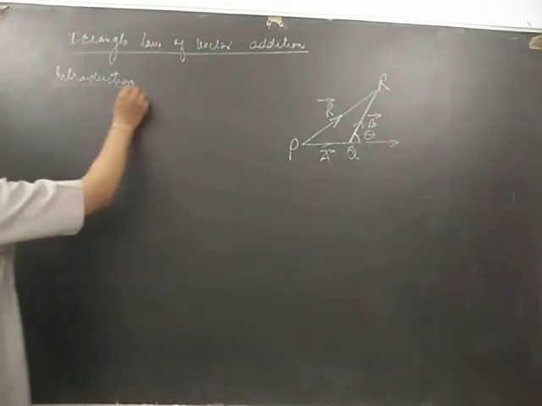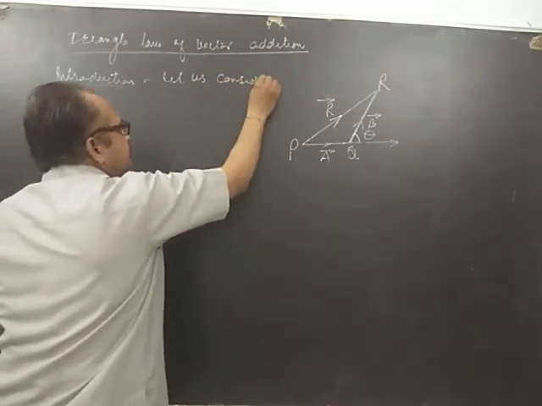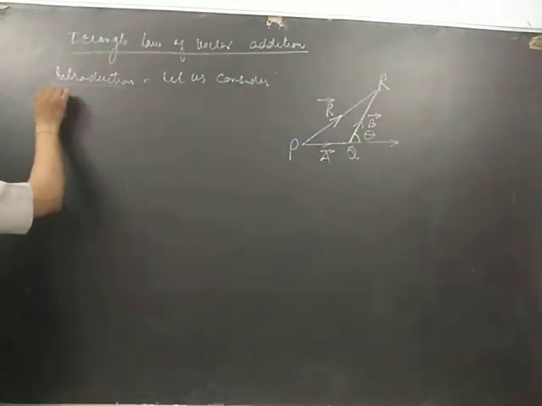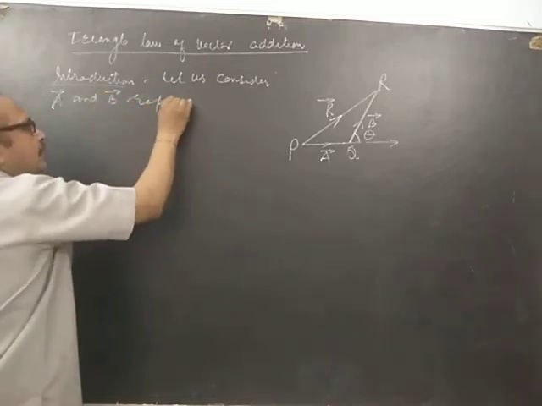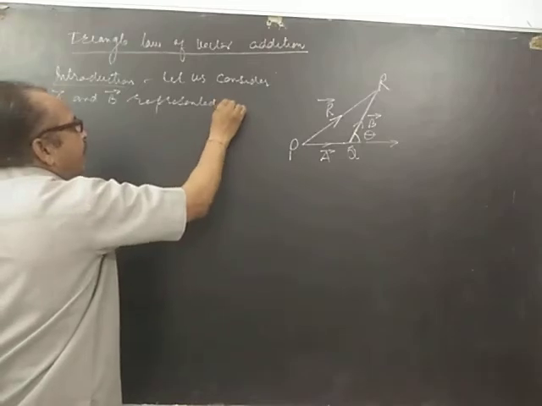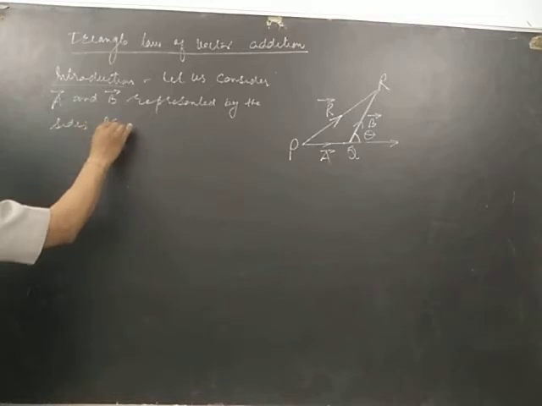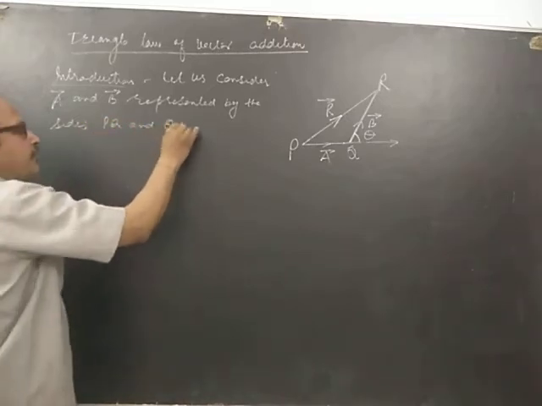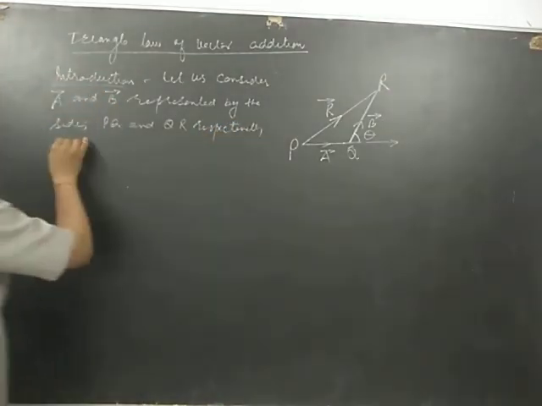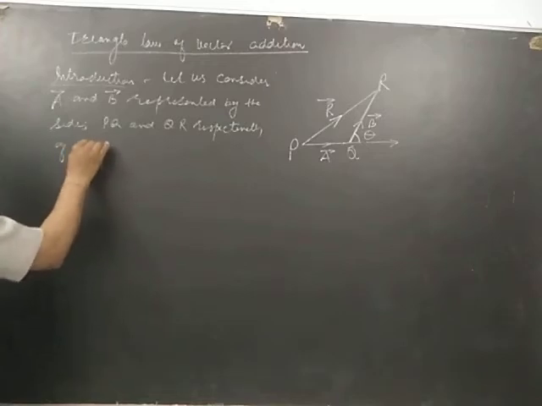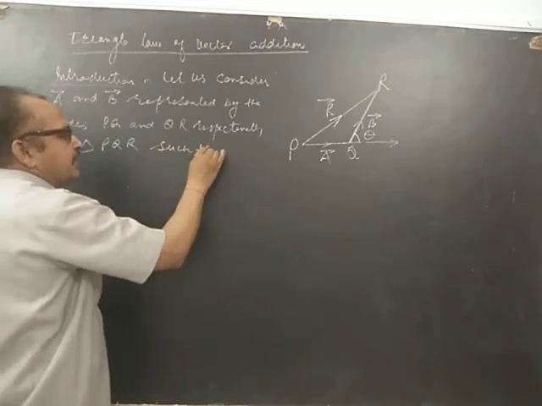So let us write down the introduction first. Let us consider vector A and vector B represented by the sides PQ and QR respectively of triangle PQR, such that